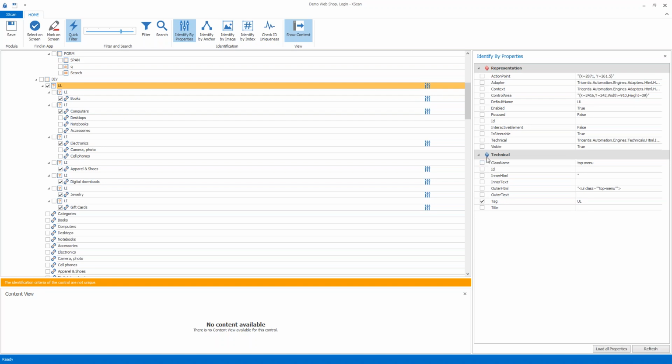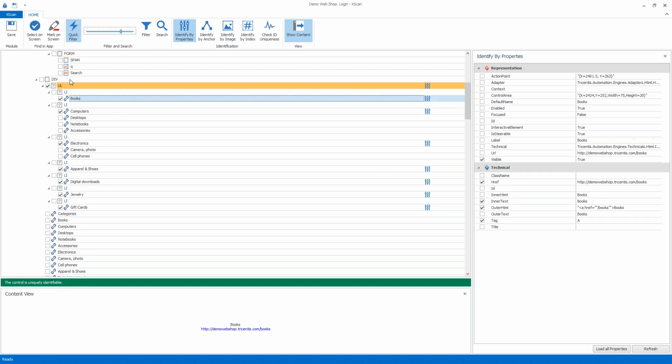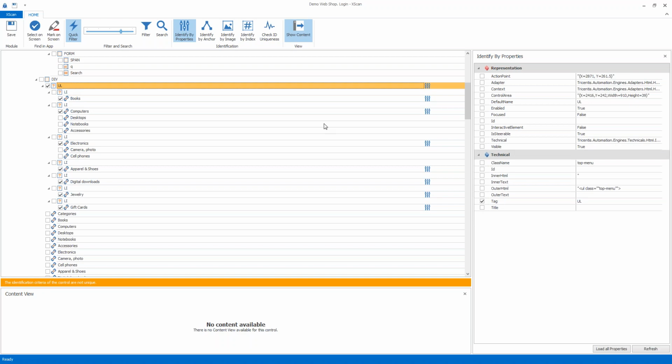Without the class name being uniquely identified, then these will still not be unique. And as soon as I uniquely identify the parent, then all of the controls are unique. Okay,